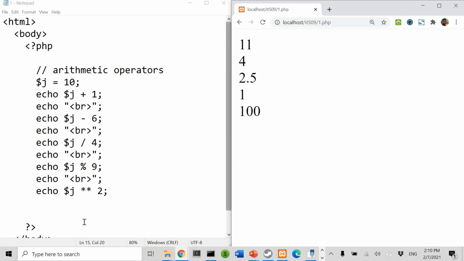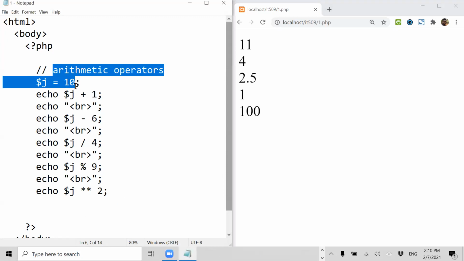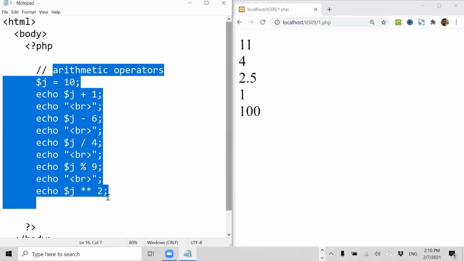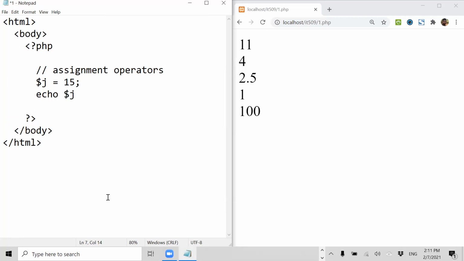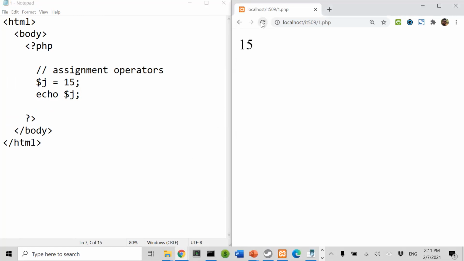In a similar way we can work on assignment operators as well. So let me put assignment operator. Now, for example, if you just say $j = 15, you just assign 15 to it, isn't it? Yes. So if you say echo $j, yes, it should print 15. But at the same time, if you put this,